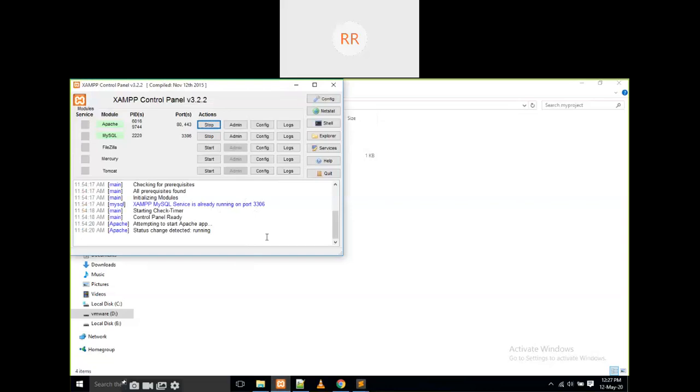Has everyone installed the XAMPP server in your systems? Are all of Sublime Text and Python installed? Yes, then we have to start these two services.